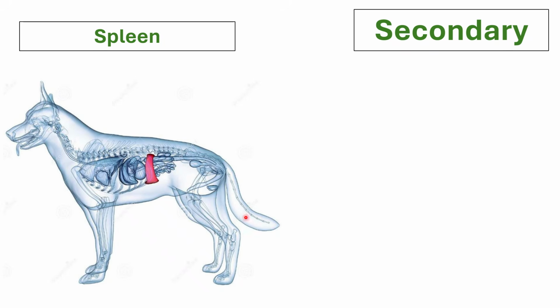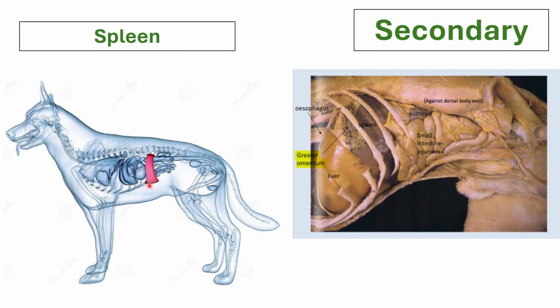Again, the spleen is quite special among the lymphoid organs because instead of primarily filtering or making sure that the lymphatic fluid is clear, the spleen is the one that is responsible for making sure that the blood is clean. Okay, not the lymphatic fluid but the blood, and also it is the one that is responsible for clearing out the dead RBCs and also supplying it with fresh ones.